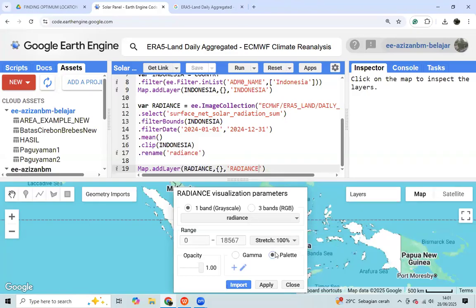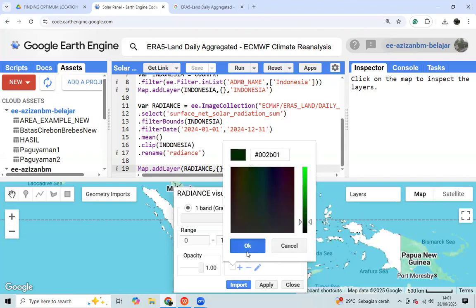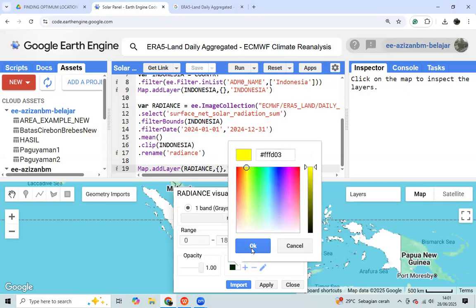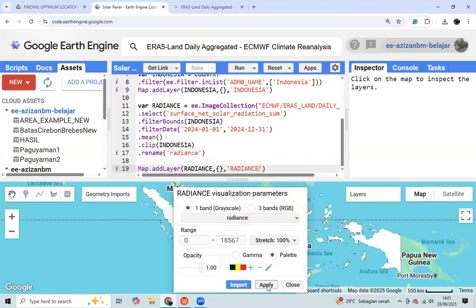And then we can use a palette from the lowest to the highest radiance, maybe from green up until red. Then we click OK, we apply.